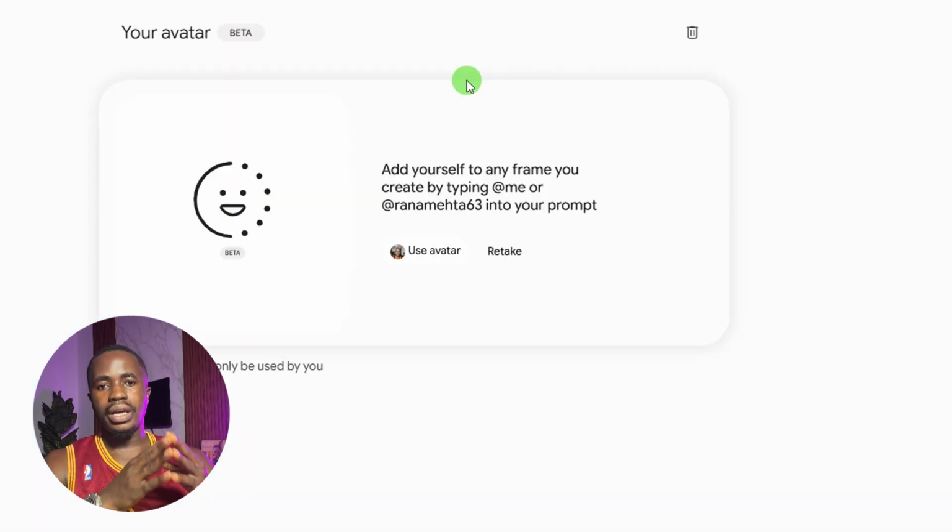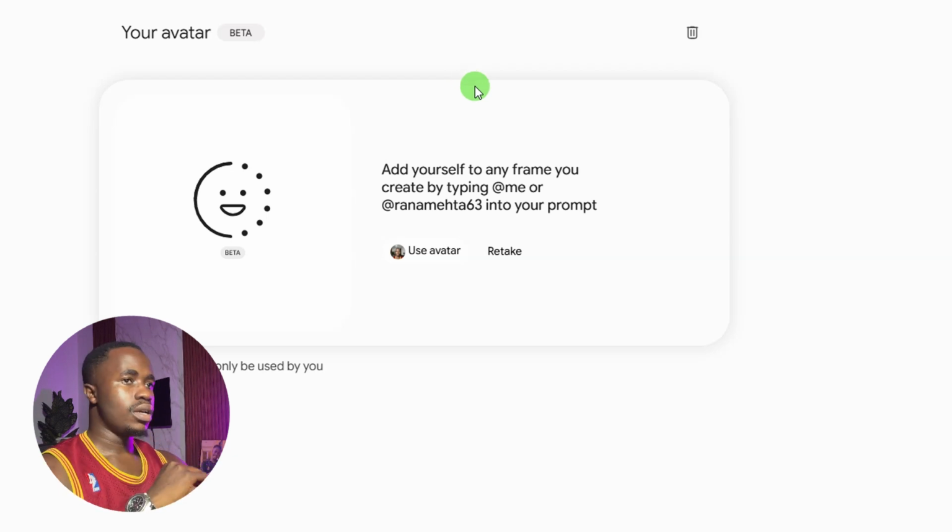After that, your twin character is going to be accepted, but you need to pay attention to this. When you are recording yourself, make sure you stay in a good environment that there is no noise, because you will be asked to say something as you are recording your face. Once you are done recording and your AI character has been created, then this is how to generate image with